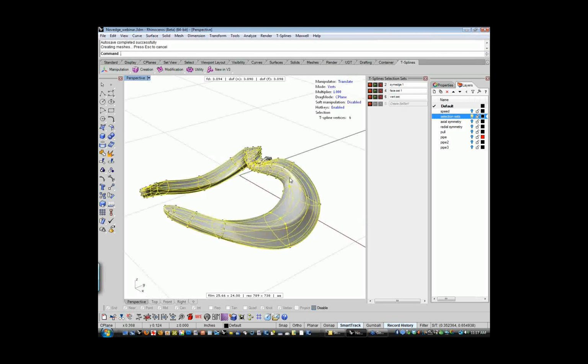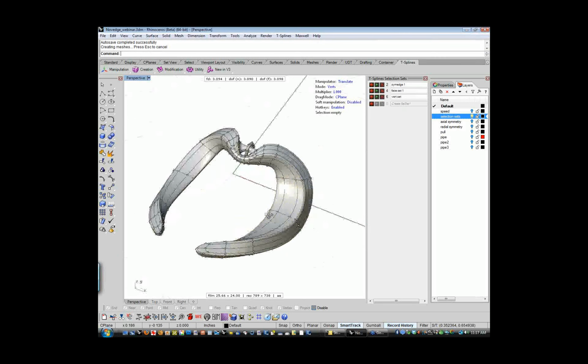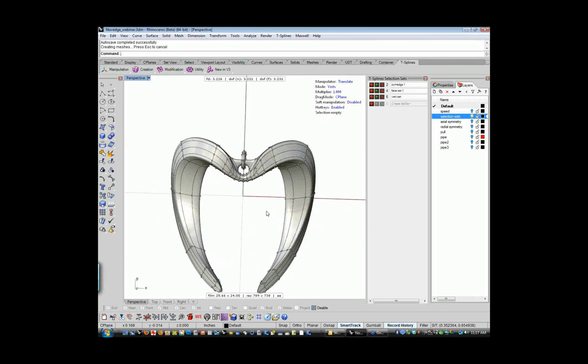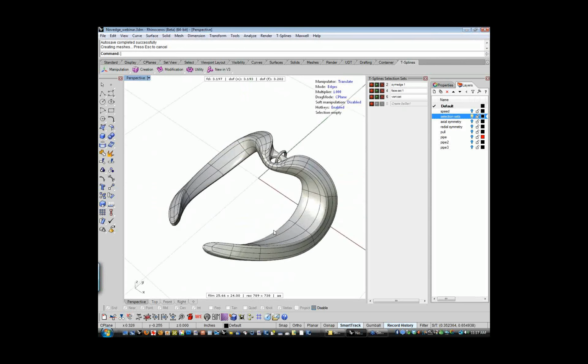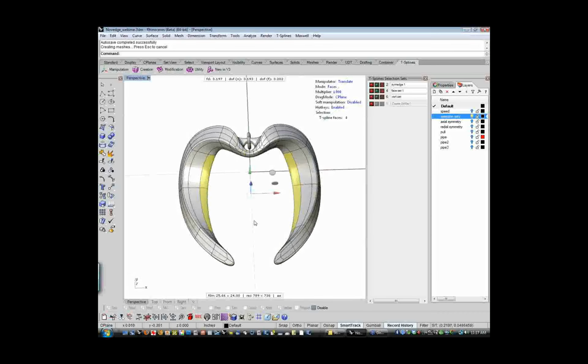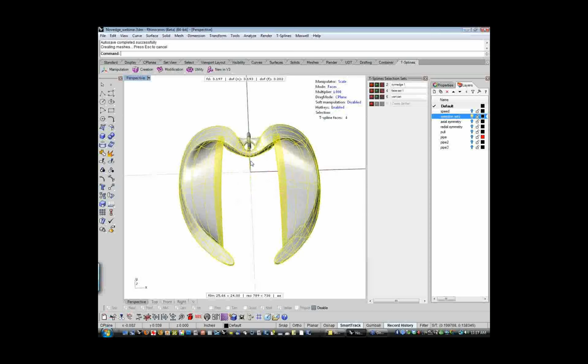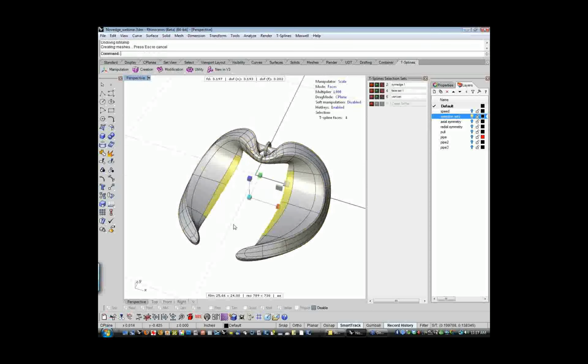So this is great if you're building something like, in this particular case, this is a jewelry shank here, the base for a pendant or something like that, and say I wanted to create an object that I was going to repurpose a whole bunch of times, and I was going to do some variations on this. Well, maybe what I'd want to do is create a selection set out of this so that I could do one variation where this thing is skinny, another variation where it's here, another variation where this is thicker, and repurpose this thing several times. Well, what I could do is save this file as a piece of clip art. The selection sets are obviously going to be saved with that,